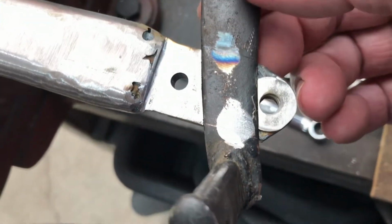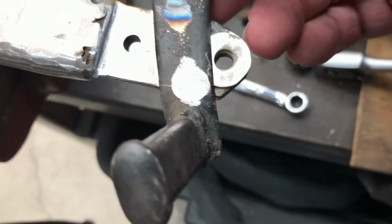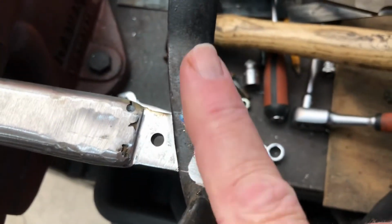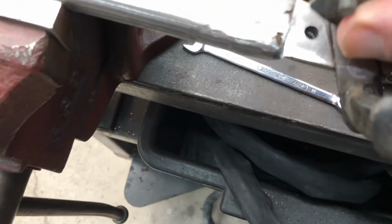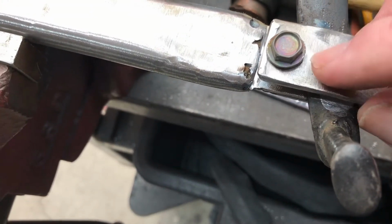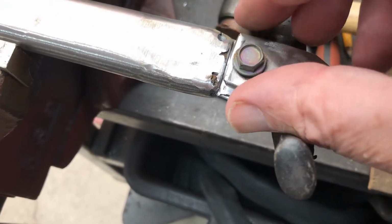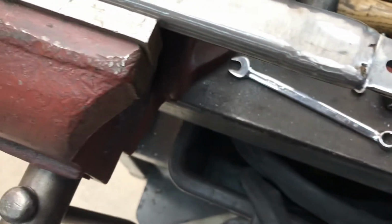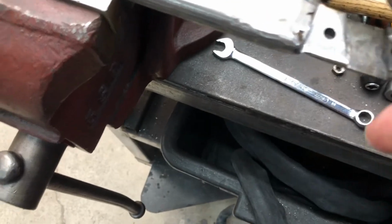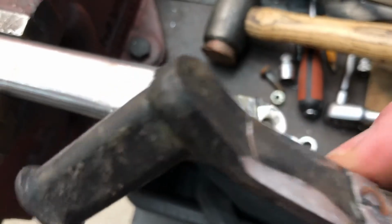The problem still is it can work its way out because it's tapered there, and if it gets any movement it will walk its way out in that direction. Here's the original top piece that screws on and clamps it there, which seems to clamp it well, but I'm still concerned that it can walk its way out. So what I'm doing next, I said I didn't want to modify the pedal, I didn't want to drill holes in it, but